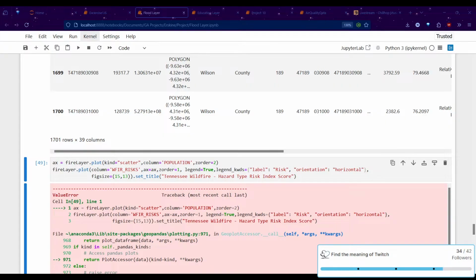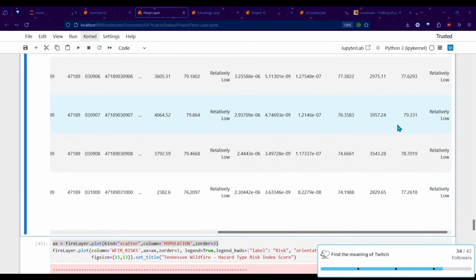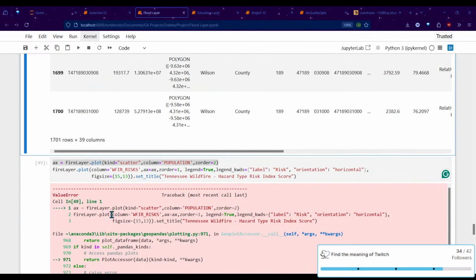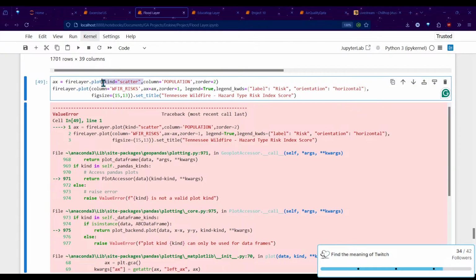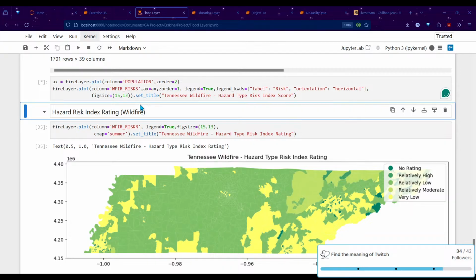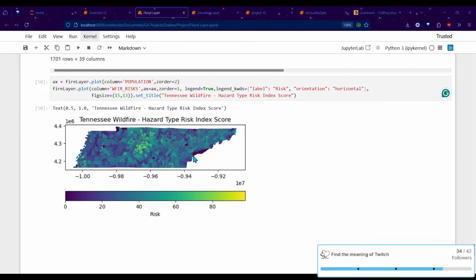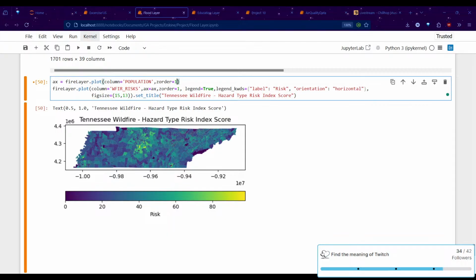Oh, I know what's going wrong. Okay. So the reason this isn't working is because population is a number, not a point. So there's no points to graph. And that's why, if we take this off, it goes to this and just places another map on top. Because if we swap the orders, it'll just switch back to our original map. Is because